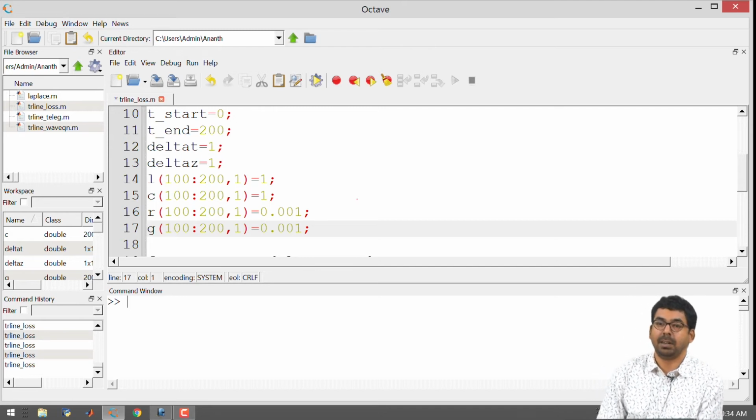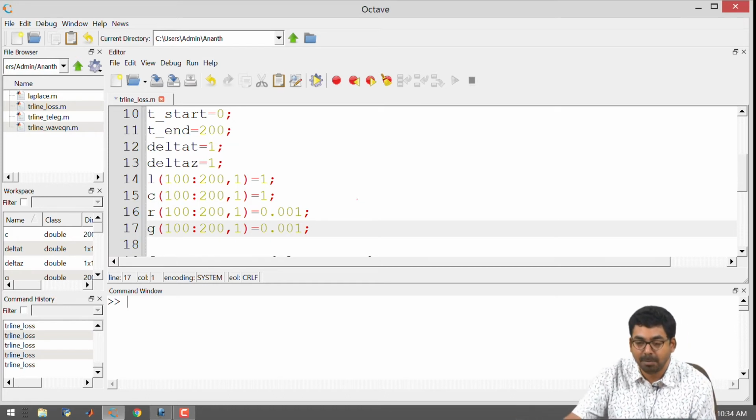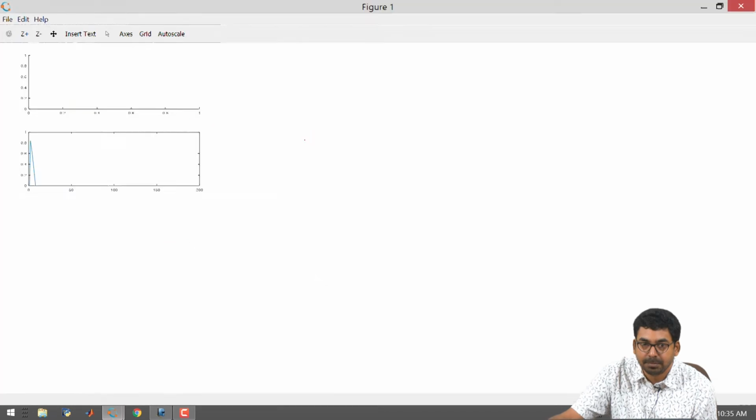So, the left half of the transmission line has R and G equal to 0, and L and C equal to 1. It is a lossless transmission line on the left hand side. On the right hand side, it is a lossy version of the same transmission line. L and C are identical, but just R and G have been added, and I am going to run this.